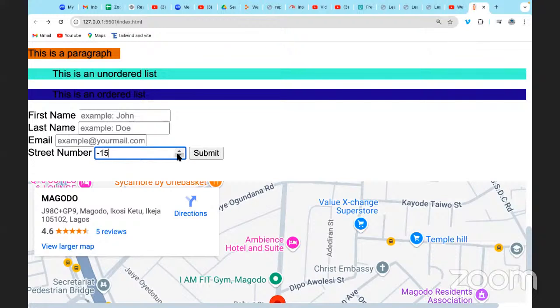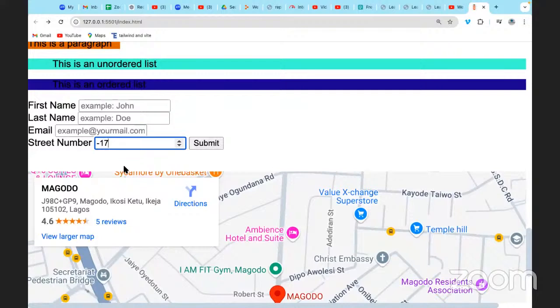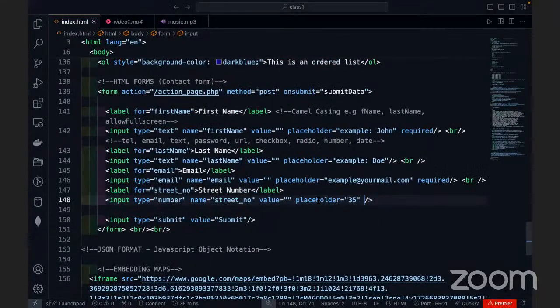So you can just keep going as far as, but this is street number and nobody lives on street number minus 17. Right? But if you were collecting something like temperature, we do have temperature like minus 10 degrees Celsius and all of that. So if you were asking the user to put the current temperature in his environment or time zone or location, you definitely would allow minus. But this is street name, and of course, it's very logical that nobody lives on minus